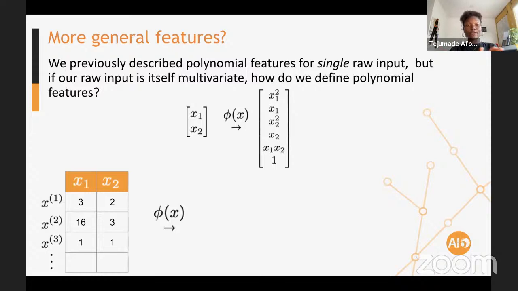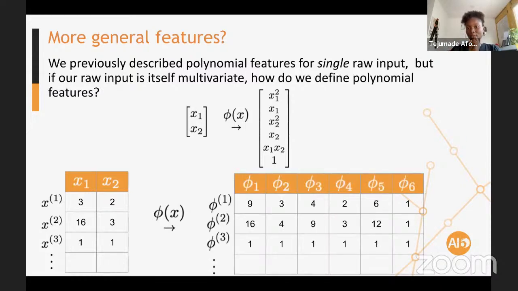When you transform into a polynomial space of degree 2 that we talked about, it becomes something like this. You just have 3 squared, and then 3, and then 4, 2 times 2, 4, and then 2, and then 3 times 2, 6, and 1, and so on.